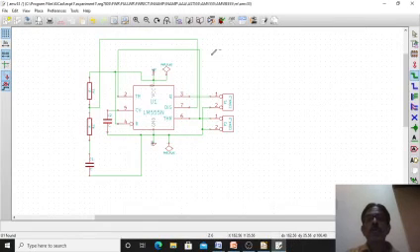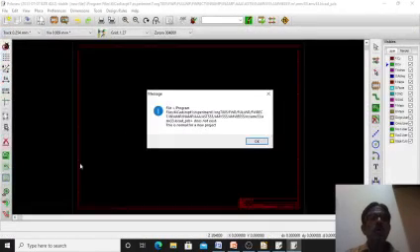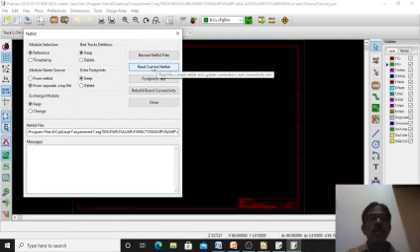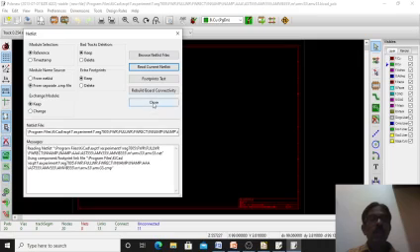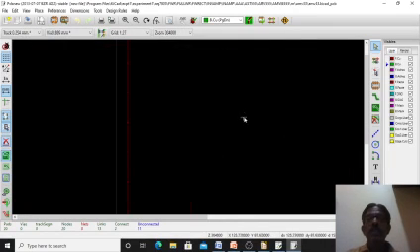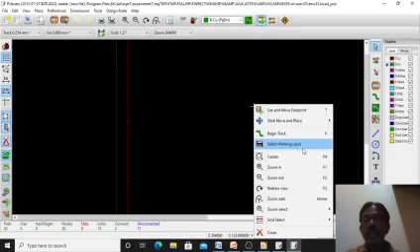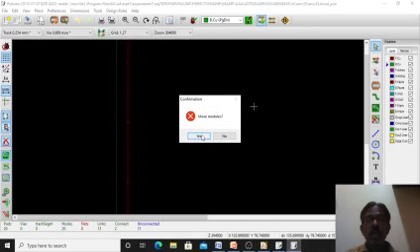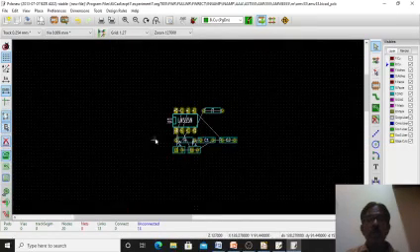Okay, now the next step is to run PCBnew. Now the schematic part is over. Now you have to draw the PCB layout. For that you have to click on that, then read the current netlist from this. Okay, read the current netlist. Now your circuit diagram is ready here. You have to bring this here. To do that, first click on this once and click here, right click, global move and place, and move all modules, say yes. Okay, your circuit diagram has come here.